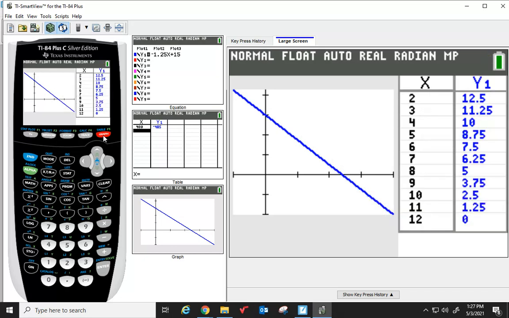It shows me both the table of values and the graph simultaneously. If you actually do want to see that, you can scroll along the graph to look at what the different table values are. So if I hit the trace button,